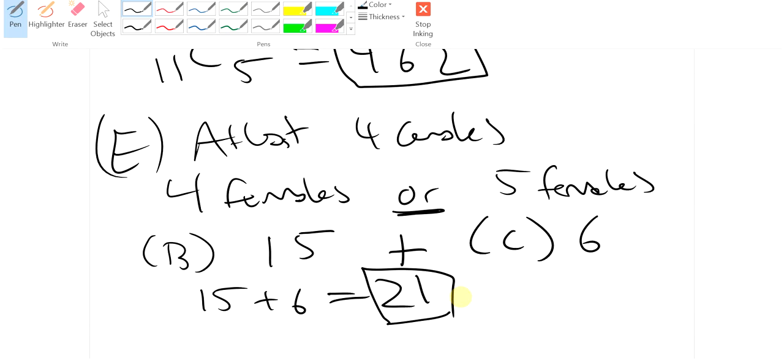Our last example for this section. Sorry about